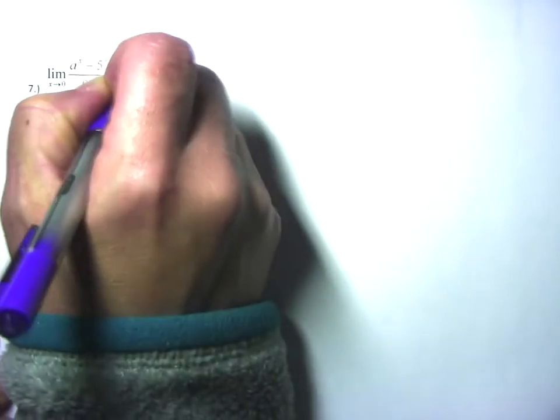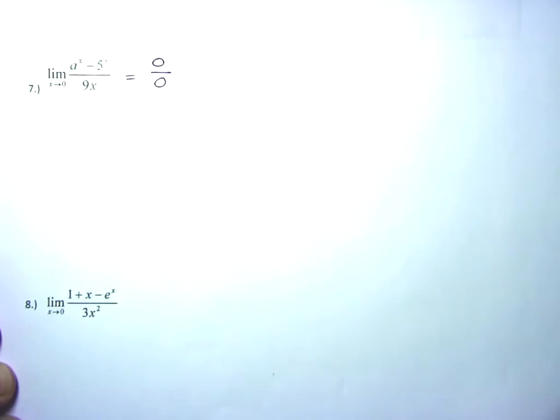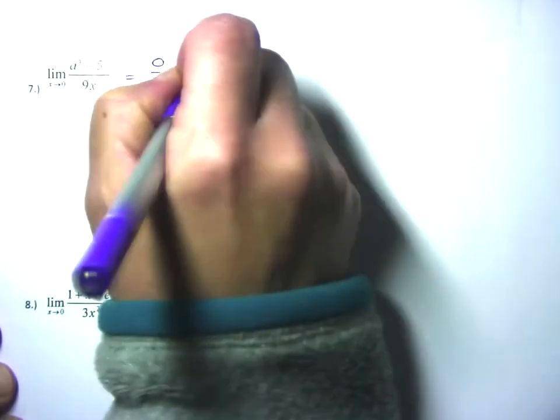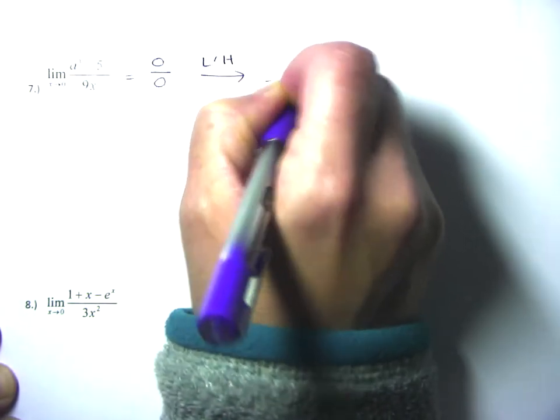So if I plug 0 in for x, a raised to the power 0 is equal to 1. 5 raised to the power 0 is equal to 1. 1 minus 1 is equal to 0, divided by, if I plug 0 into the denominator, 9 times 0, which is equal to 0. So the 0 over 0 tells me that we are ready to use L'Hopital's rule. So I will take the limit as x approaches 0 of